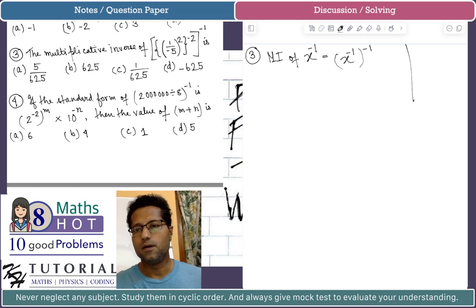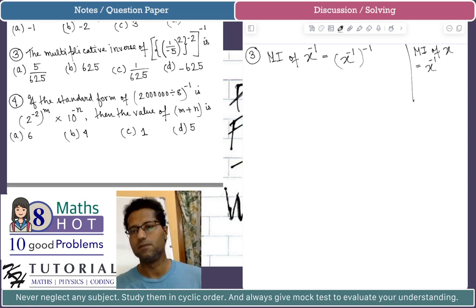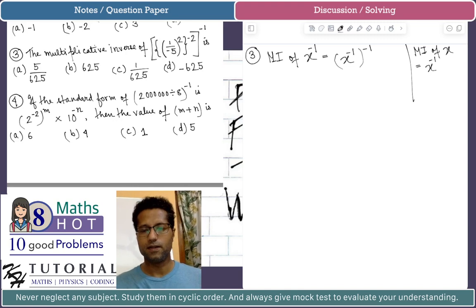That is, the multiplicative inverse of x is equal to x to the power minus 1. For any non-zero rational number x, the multiplicative inverse of x is obtained by raising the given non-zero rational number to the power minus 1. That is the reciprocal or multiplicative inverse of x. So this will imply that, let the given expression be y is equal to,